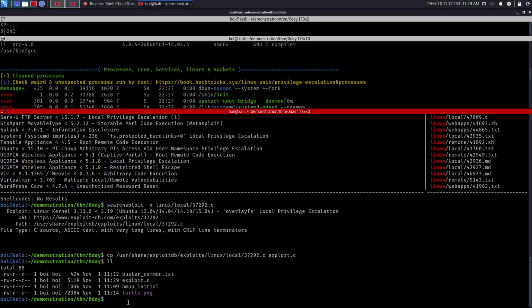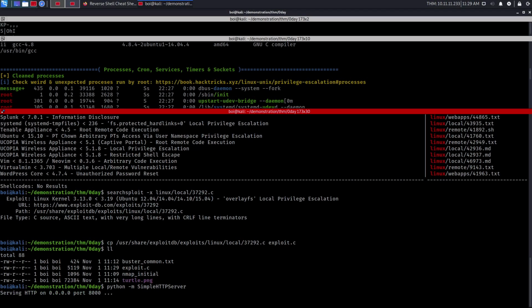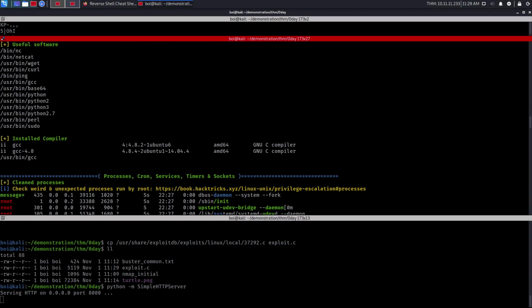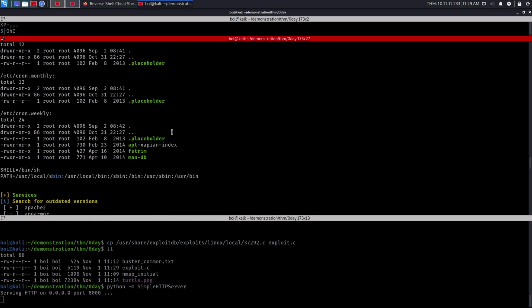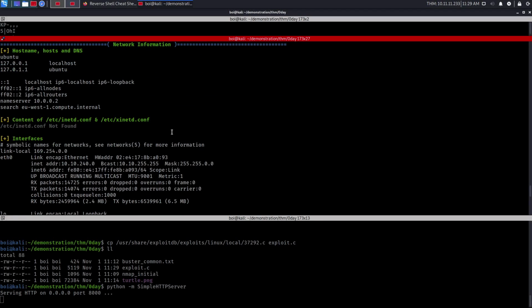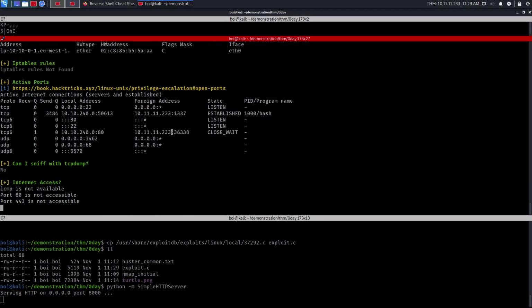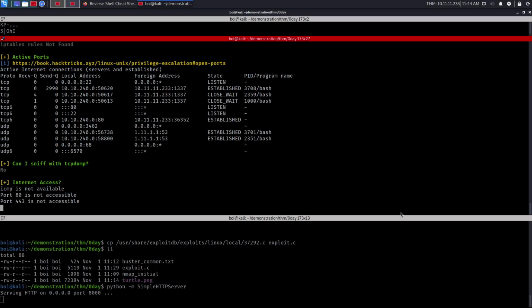So I'll now just create another HTTP server here and get it on that machine. Okay. Let's see if this enumeration script has completed. It's still working. Okay, so now we'll resume once the scan is done. Well, it's been a long time now and it seems to have hung, so I'll just cancel it.